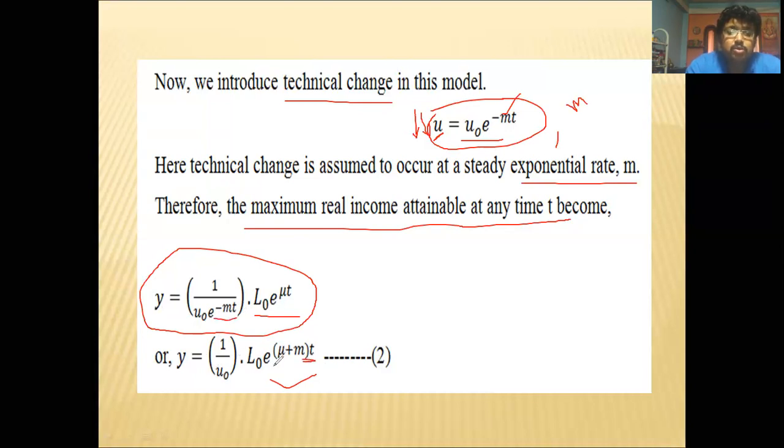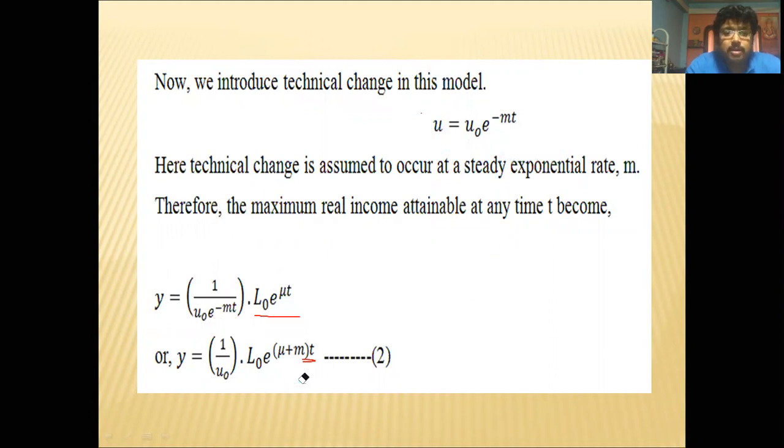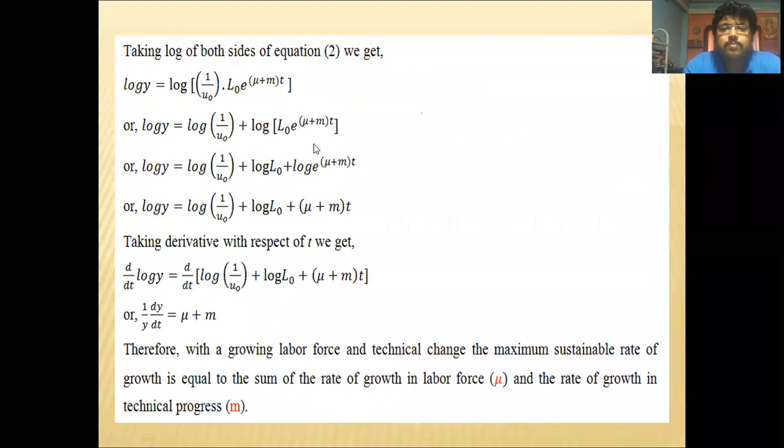So L0 e to the power mu plus m multiplied by t. Now I am deleting all this marking I have made. Now, in my next slide, look,